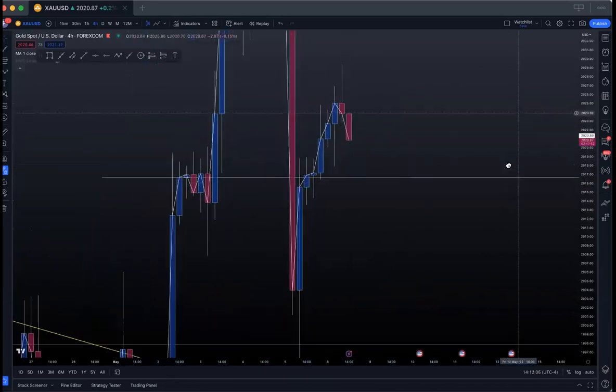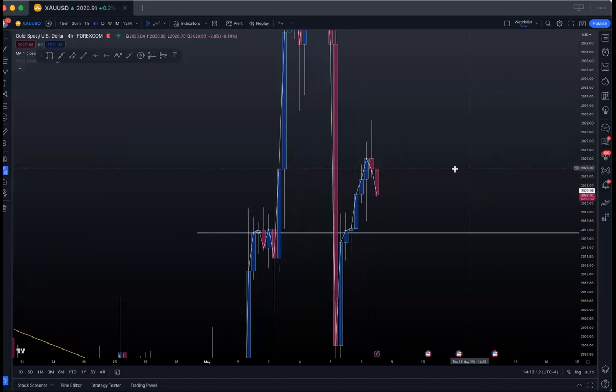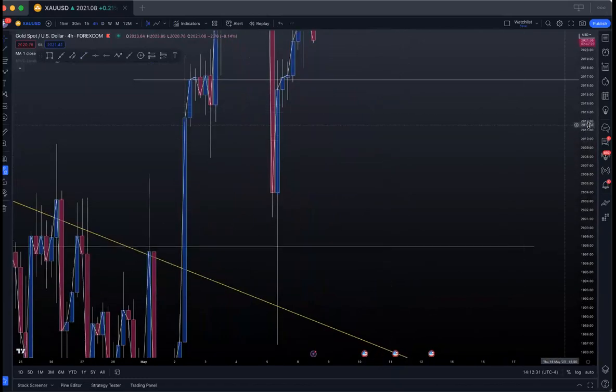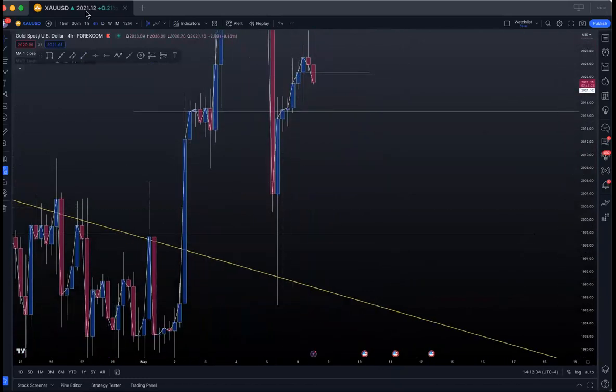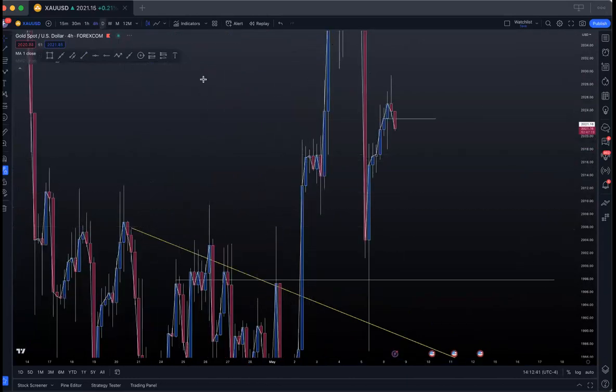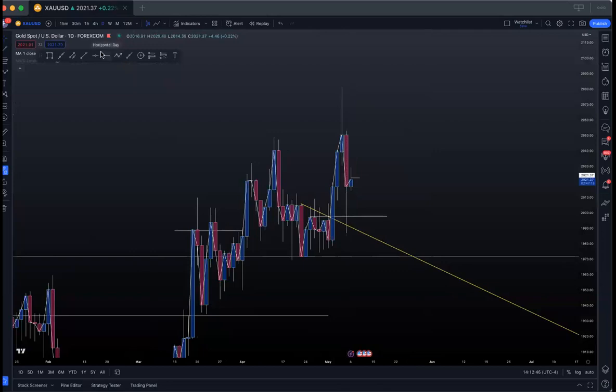H4. Okay, this is also giving us some good information. If this next H4 candle breaks out of this gap level right here, then you could have a decision that price wants to go down. And like I said, we're gonna play from higher time frame levels. We want price to go into daily levels, test at least some daily levels below, and then go back up if we are bullish. We got to stay bullish for now because